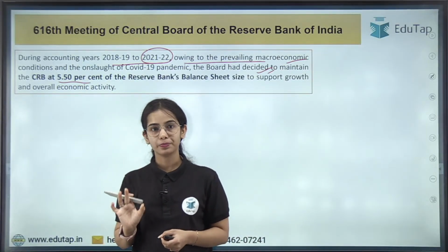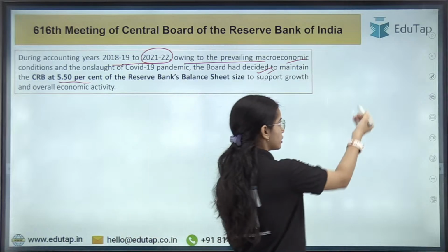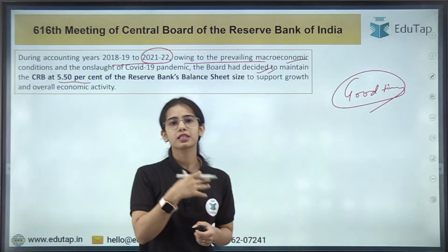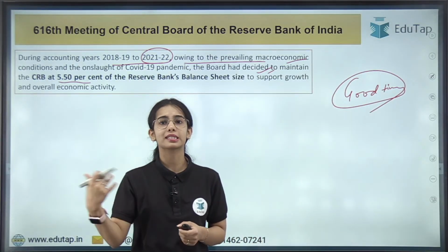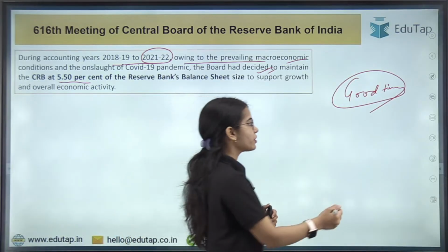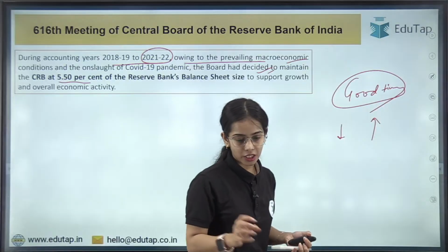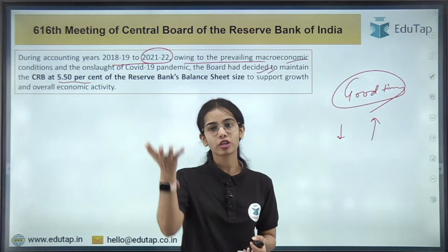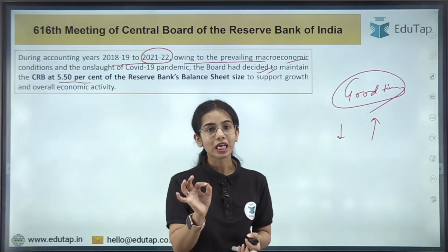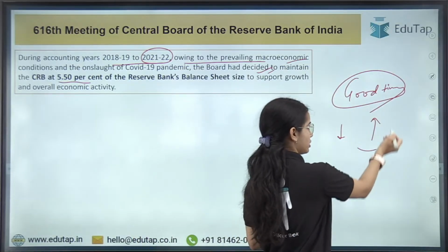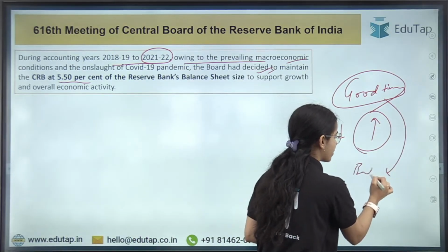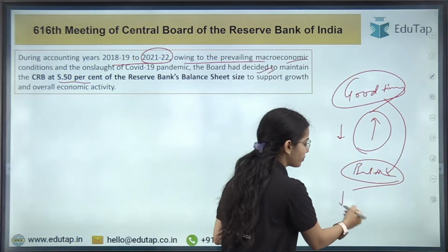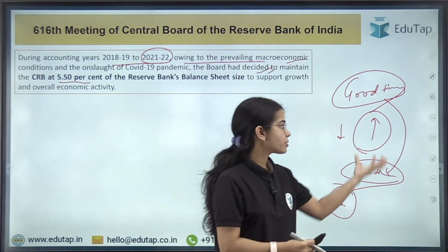Now try to think about it. Let's say that right now the good times are there. The market risk is very less, monetary risk is very less, operational risk is less, credit risk is less. In this time, will the RBI maintain low buffers or high buffers? What do you think? In the good times, actually, the RBI should maintain high buffers, so that in the bad times the RBI will be maintaining low buffers, and the money will be used.